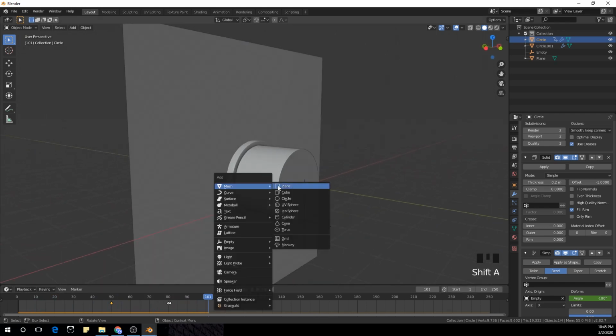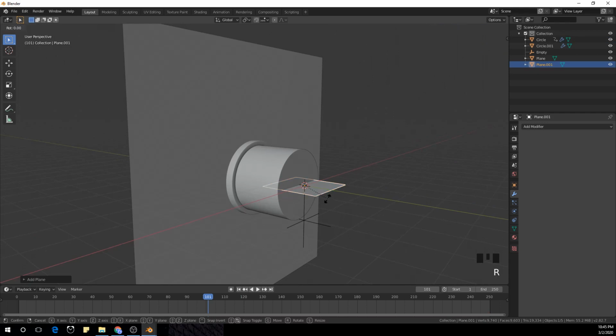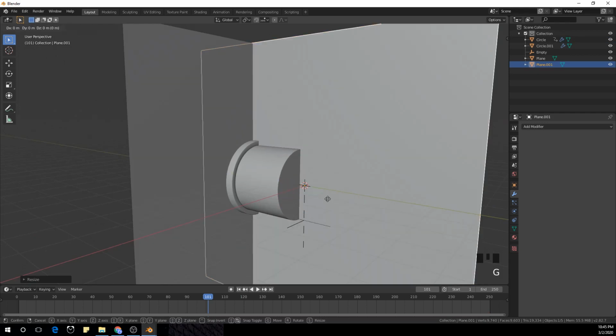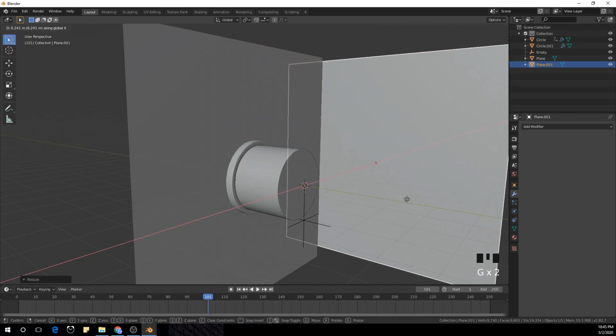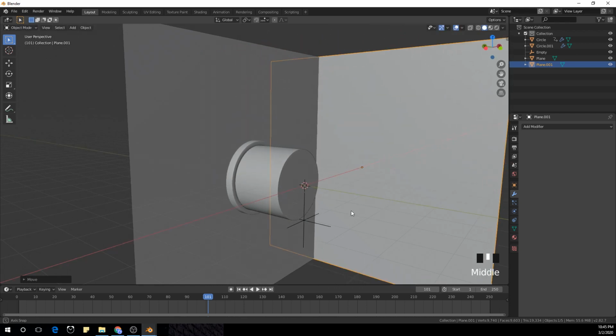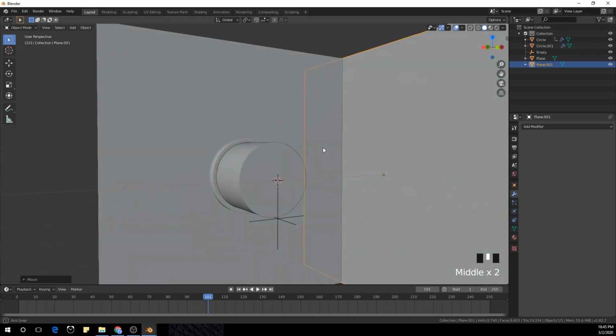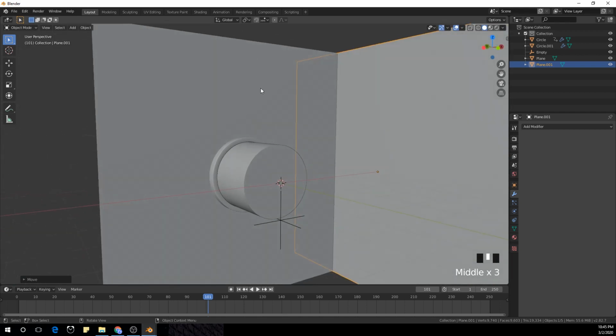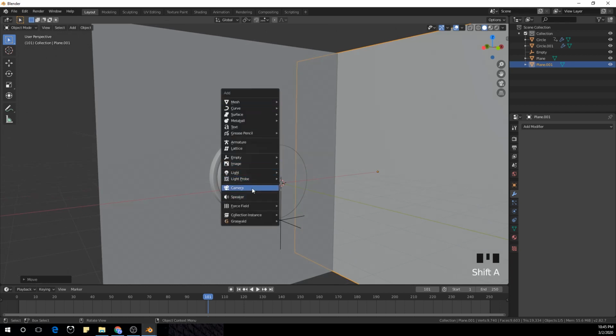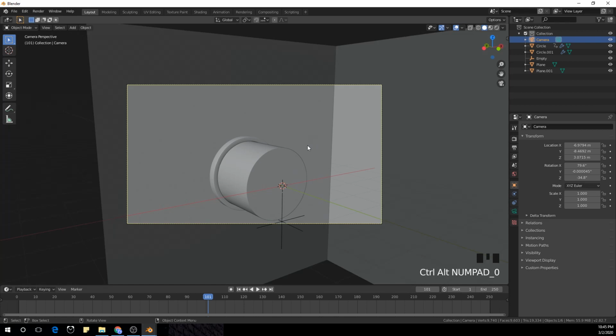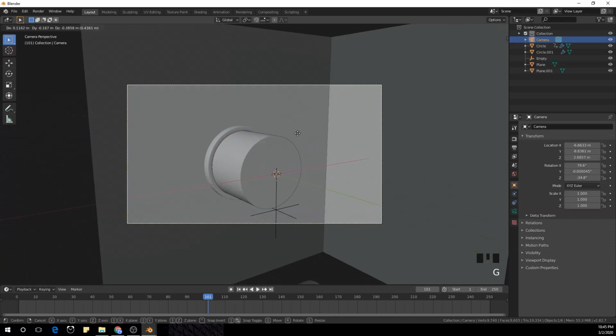So now I'm gonna add another plane, R Y 90, scale 5 G X, and move it back. And now we are going to add our camera. Shift A, camera, Control Alt 0, place it over here,